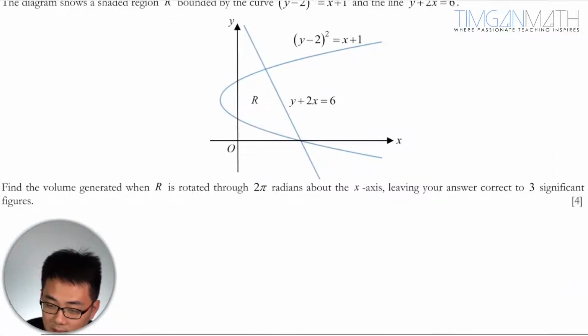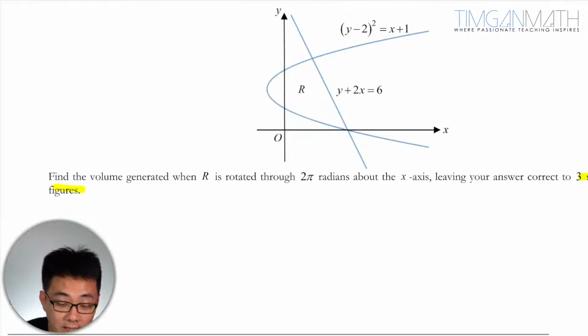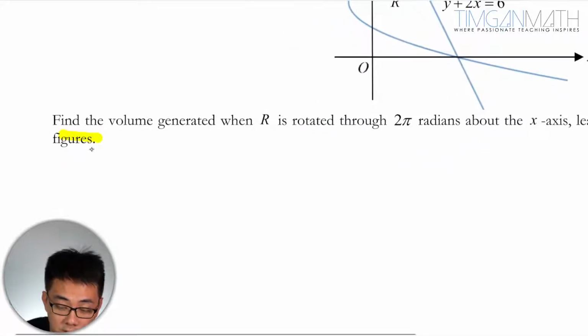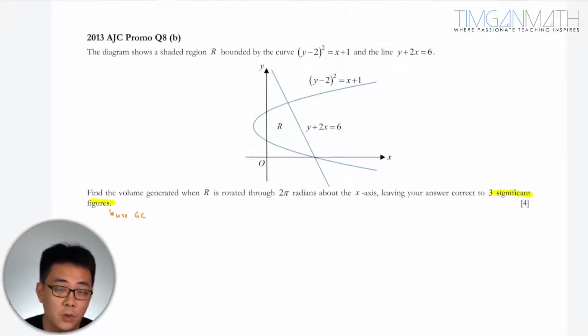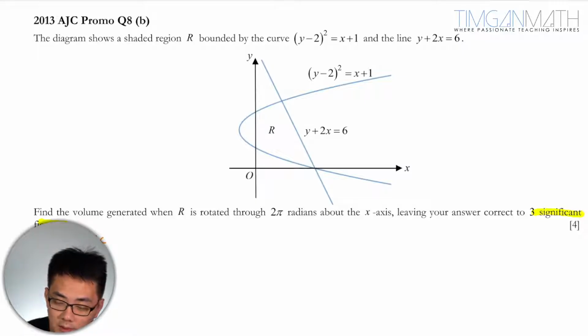Now, when you say 3 SF, you don't really need to use integral. You don't need to find the exact integral. So just use GC. Just remember that. Use GC. Do not go and find the exact integral there. Now, straight away, you know that this curve here, so R here,